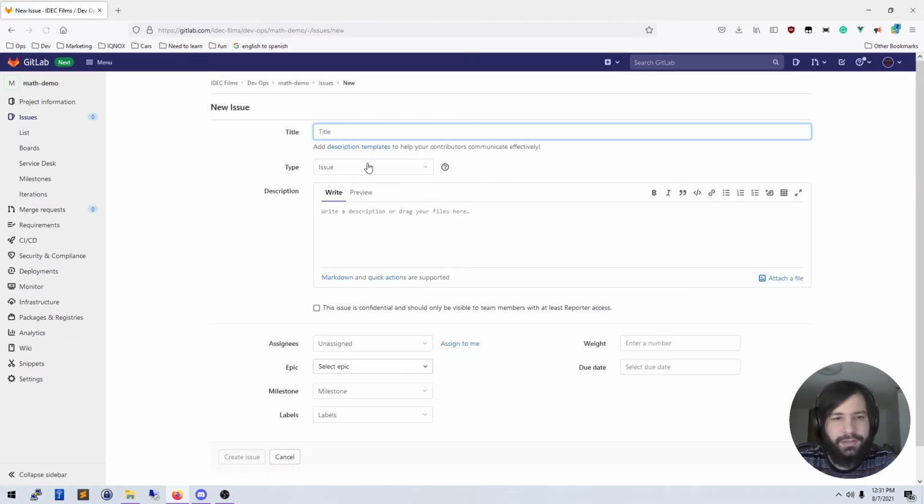So let's create a new issue. And in here, it's going to give me a nice little form. And I'm going to give this issue a title. Create a